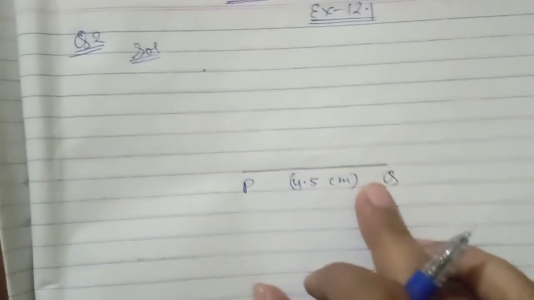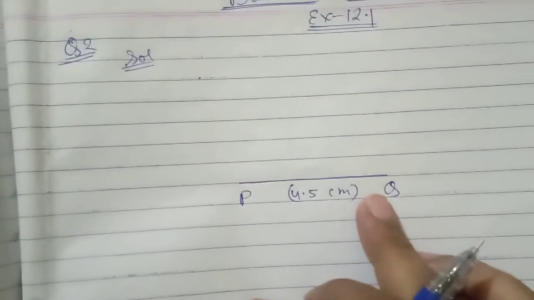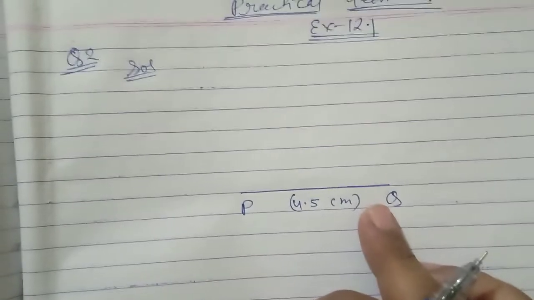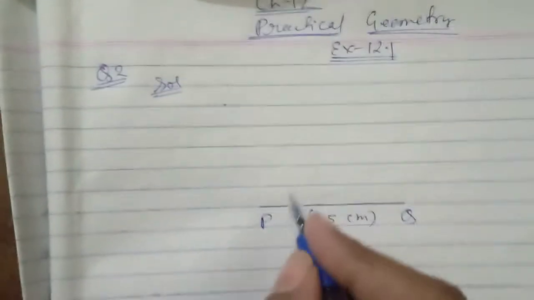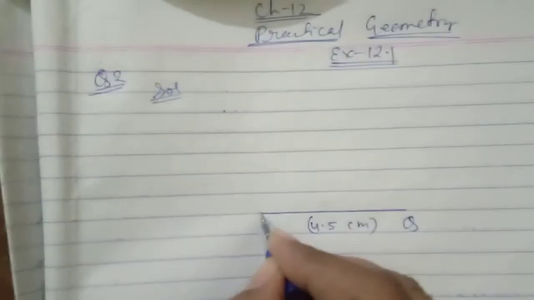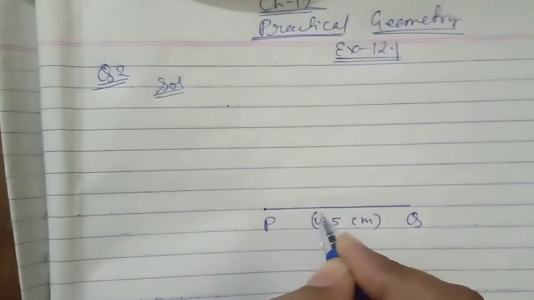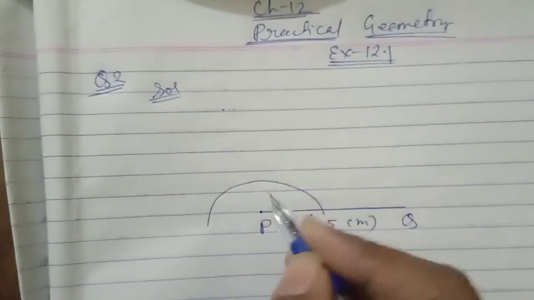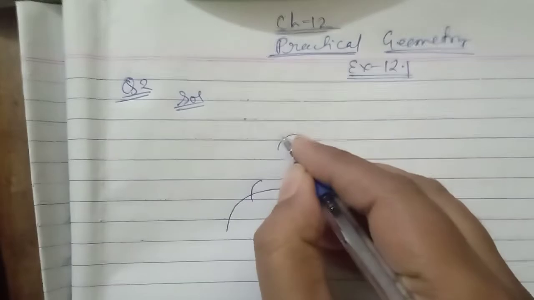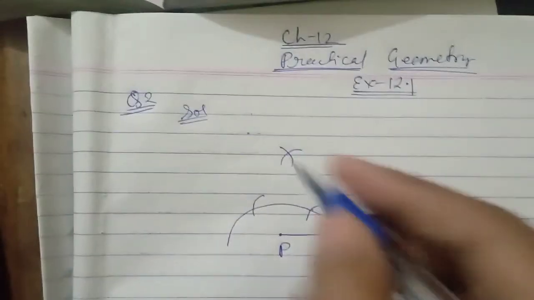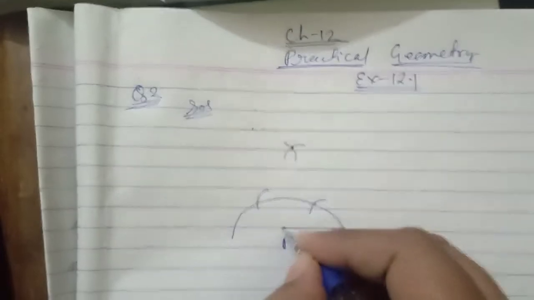Then from O, take a point O 3 centimeter away from it, perpendicular from O to PQ. We have drawn a 90-degree angle here, so the pointer of the compass should be placed here and we draw a 90-degree angle this way. Then place the needle here, make one arc, then a second arc. From here we make one arc, and from here we make this arc. Adjusting these 2 points, we draw a ray like this.